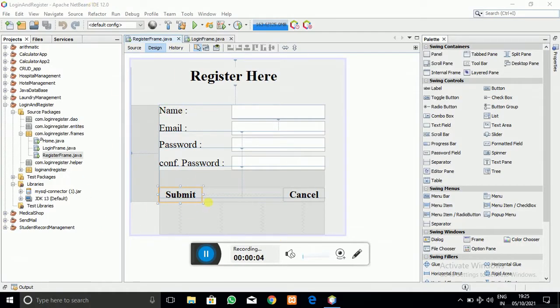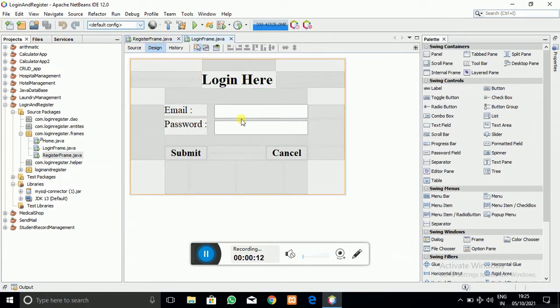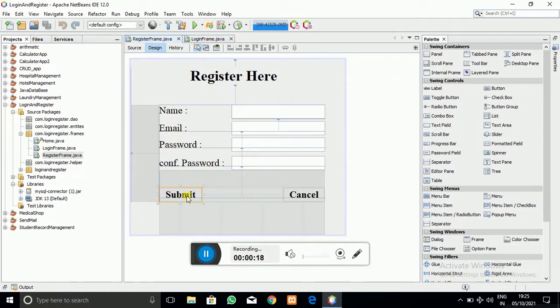In today's video, we are going to continue our last tutorial. In the last tutorial, you can see that we created this login frame design, and the design of the registration frame also. In today's tutorial, I am going to tell you how to create the back-end code, the back-end logic behind that submit button. Here you can see that this data is going to be inserted into the MySQL database which I have used. So let's get started.